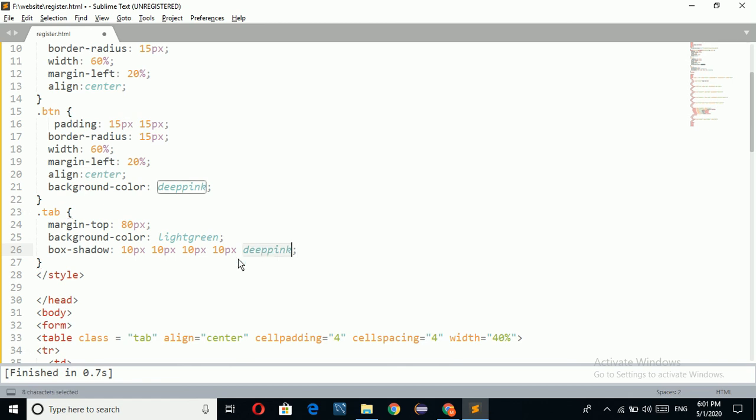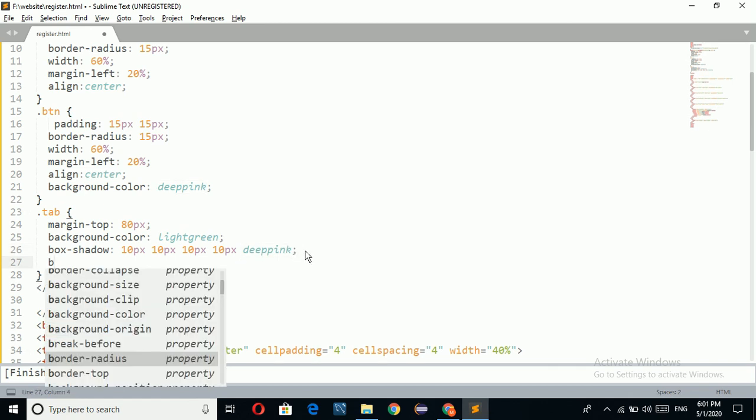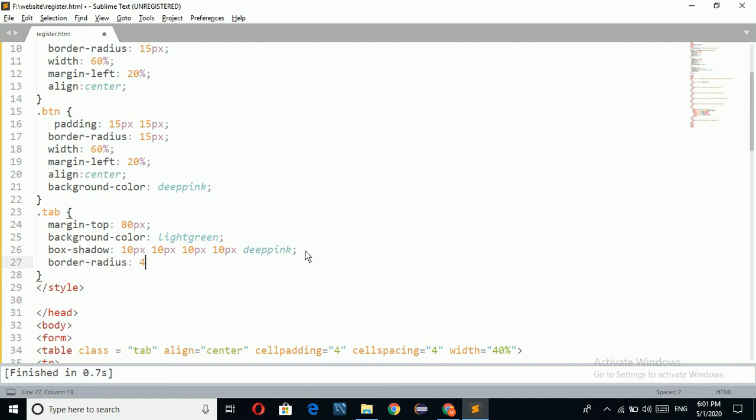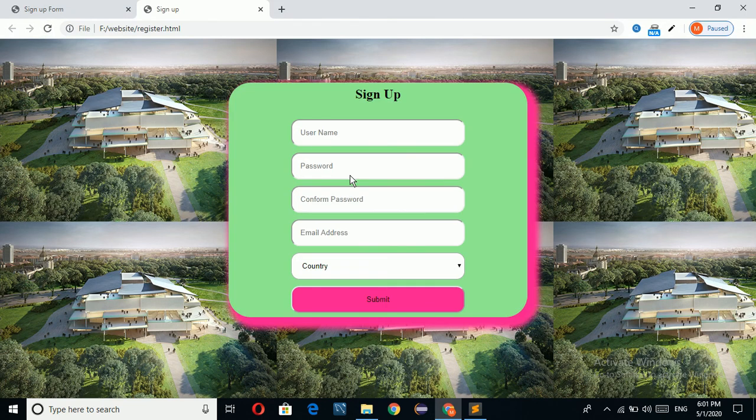Sorry, here I want to take deep pink color, and border radius equal to 40 pixel. So now the form is created.